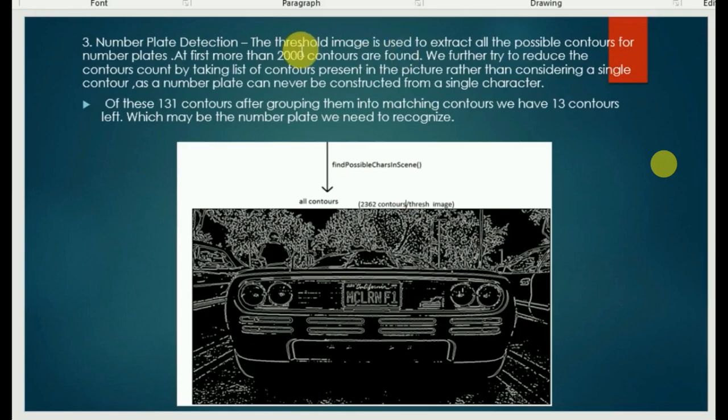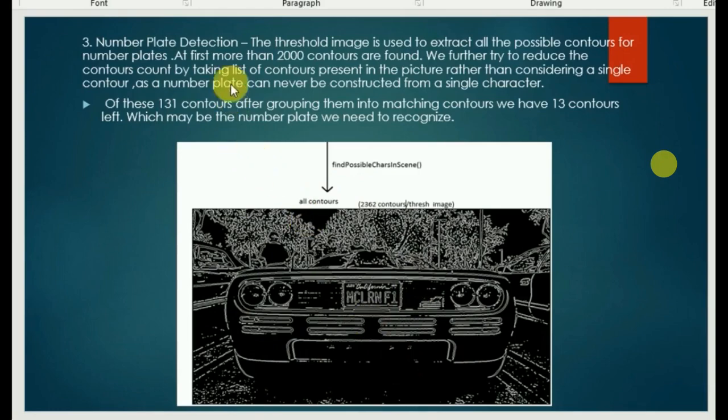So first we take the threshold image and then we extract all the possible contours for number plates. After taking 2000 contours, we further try to reduce this contours count by taking lists of contours. As we know that a number plate consists of many characters, we will be taking lists of contours.